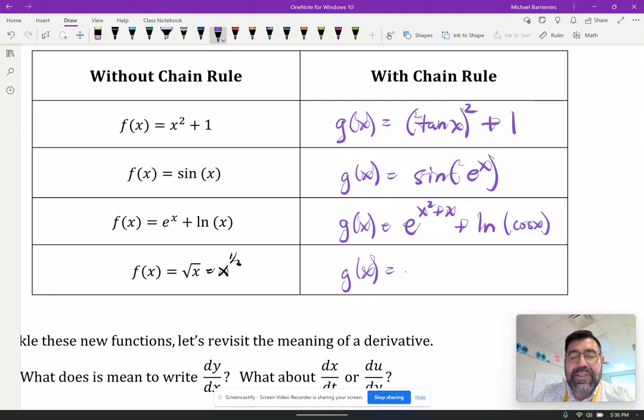And as I finish this last one, we'll do x cubed plus 3x squared. How about that? So all of these functions in purple that I just wrote that I call g of x,